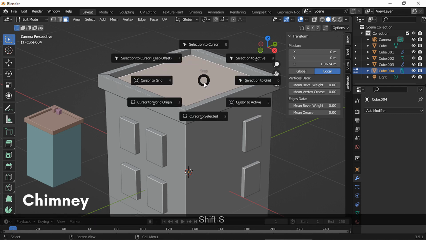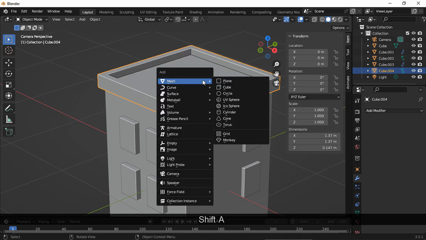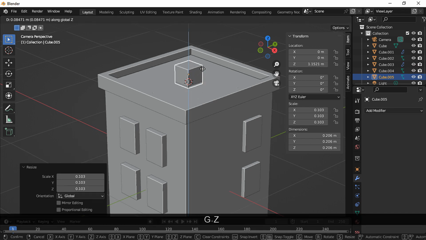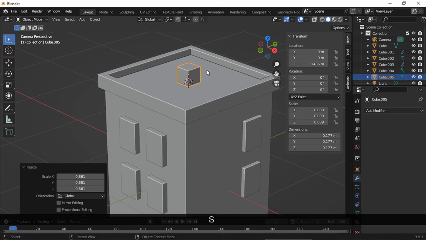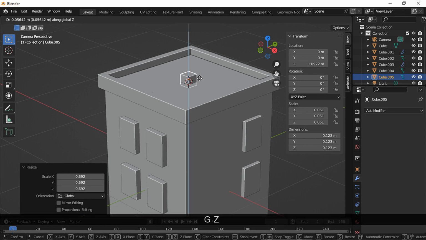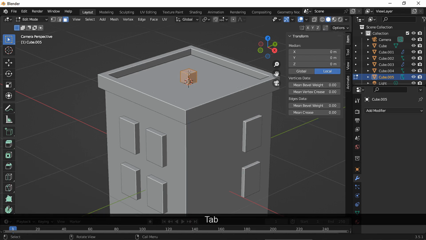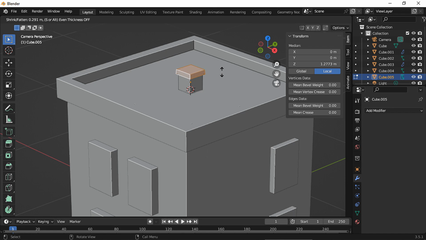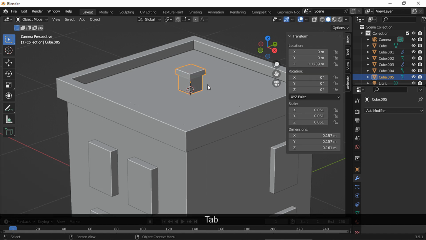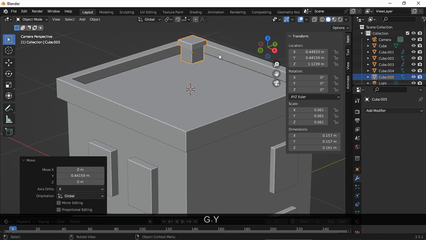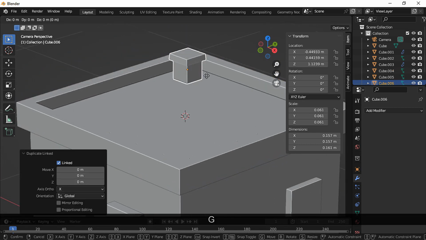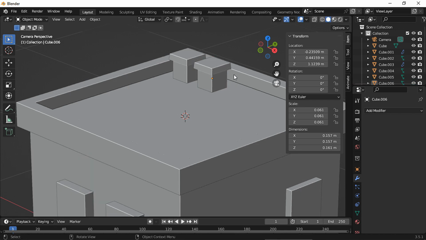Let's take the 3D cursor to this face and back to object mode, add a cube for the chimney, scale it down and move it up a little bit. Let's scale it a bit more. In edit mode, select the top face, extrude, add this loop of faces to the selection and extrude along normals. And here we have our chimney. Place it. And I'm gonna make a linked duplicate, so in case I change the shape of one chimney in edit mode, the other one changes its shape too.